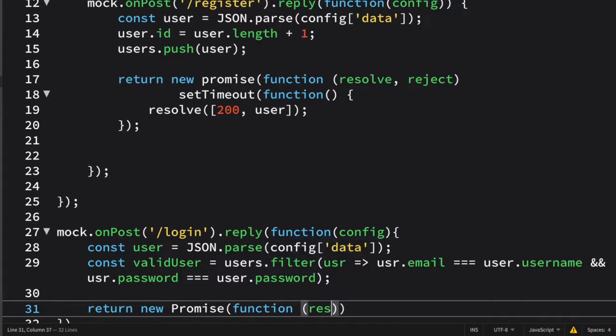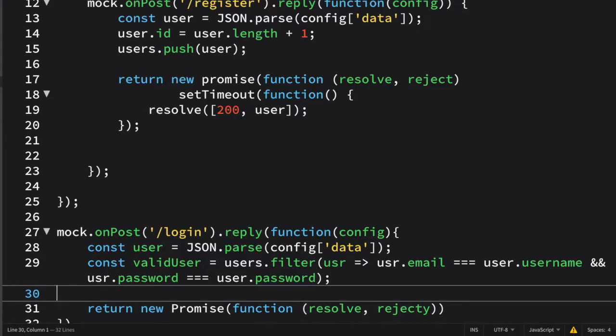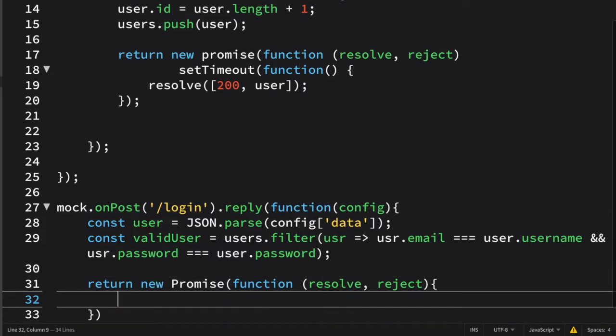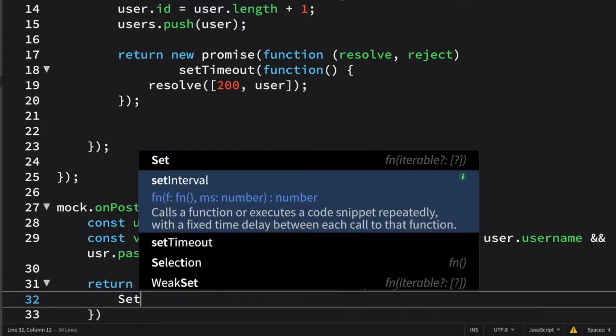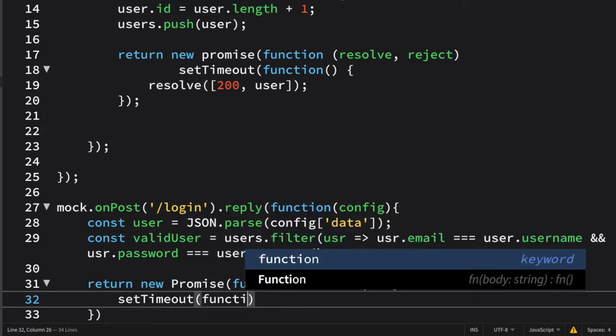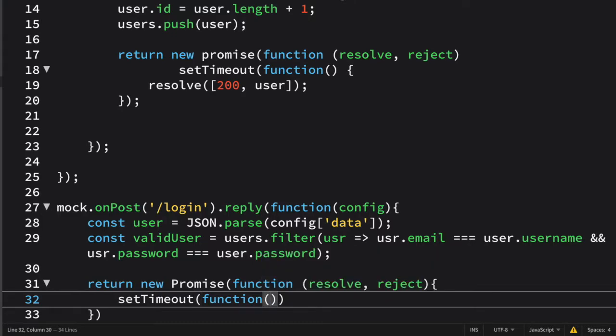So here I have to write resolve or reject. And after this, inside this you have to set a timeout, because there is a particular time limit in which this task should be completed, otherwise our backend will throw an error that time limit exceeded.